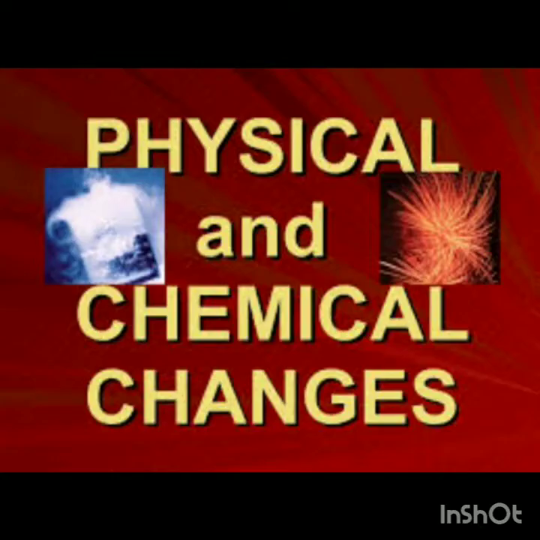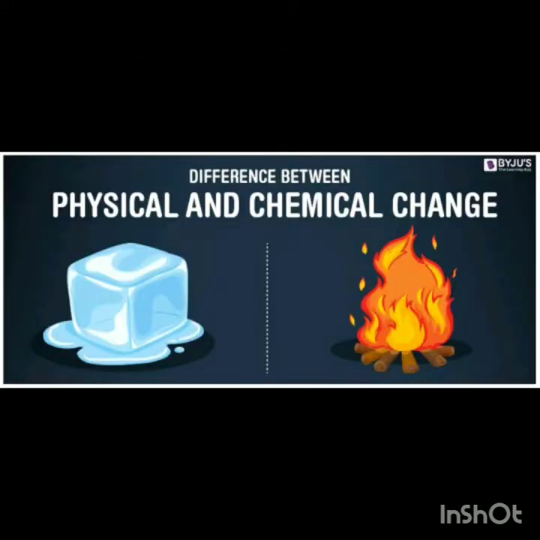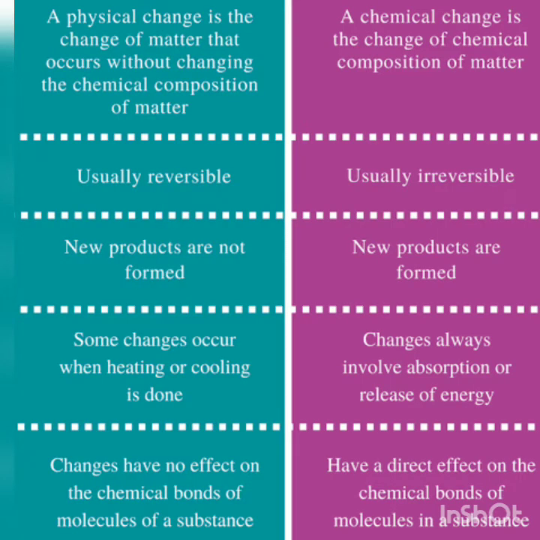The next topic for revision is physical and chemical change. We know that there are some changes during which no new substance is formed and some other changes in which new substances are formed. On the basis of that, we define 2 types of changes, physical and chemical change. Let us understand the difference between the two. In physical changes, no chemical composition changes, only the physical properties of a substance change. But on the other hand, during chemical change, there is a change in the chemical composition of the substance.